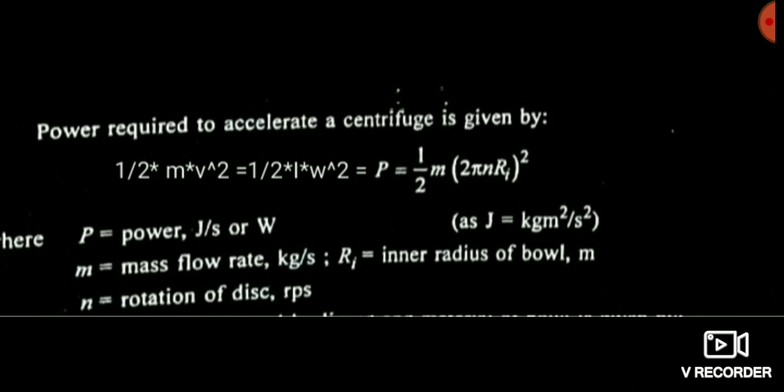Friends, here n is the revolution per second. You can see here that I have written the unit of n, that is rotation of disc, in rps. So I have not divided by 60. यहाँ पे n की वैल्यू rps में गिवन है, इसलिए मैंने 60 से डिवाइड नहीं किया है. अदरवाइज आपने पढ़ा होगा कि ओमेगा इज इक्वल टू 2 पाई n बाई 60 जब हमारा n rpm में गिवन हो. बट जब हमारा n वैल्यू गिवन हो rps में, then we don't have to divide by 60. So you should understand this unit conversion a little bit.